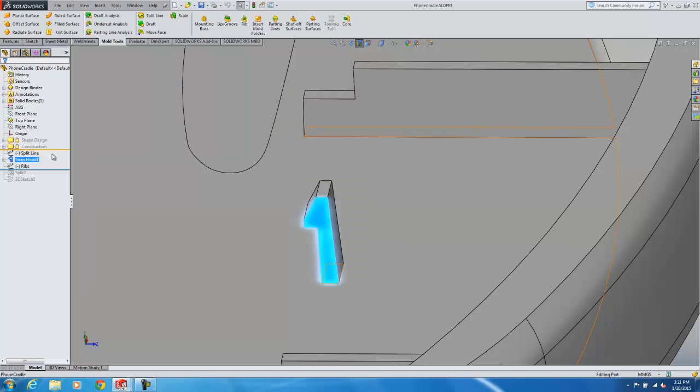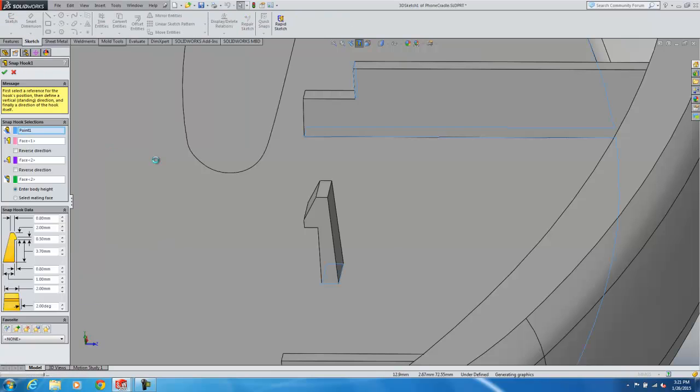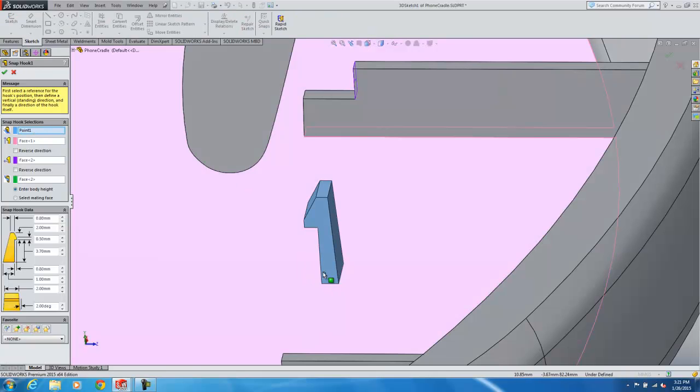We actually have a tool that's available to generate snap hooks. If I edit the feature, you can see that we just select the point to locate it, and some faces to define the orientation of it, and then put in the dimensions in the dialog box to create the snap hook for us. This happens to be one that holds the circuit board in place,